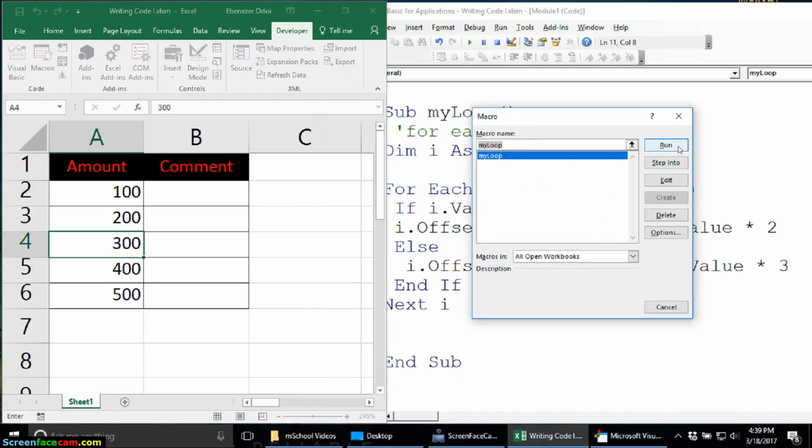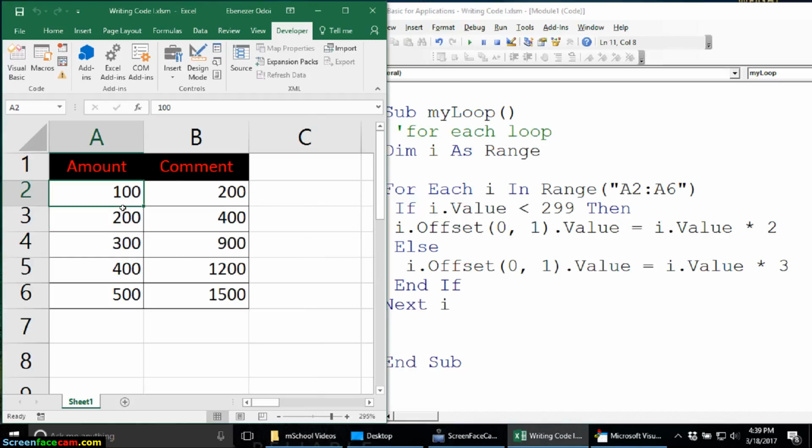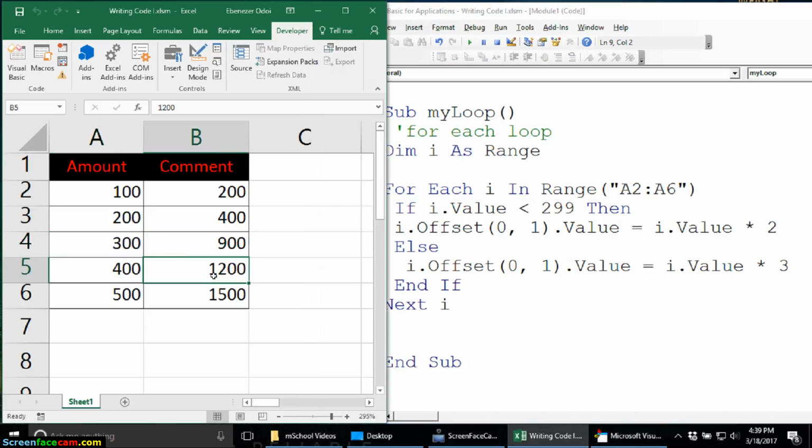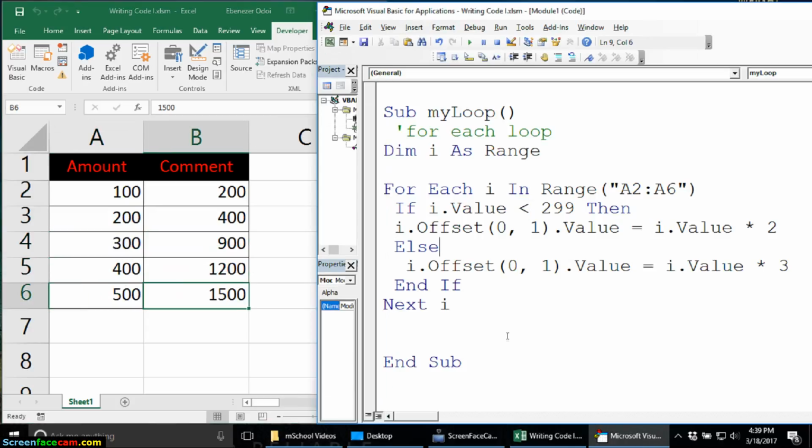So run. You see values which are below 299 were doubled, and values above 299, which is the Else. Else is the opposite of the if statement. Those values were tripled. So this is a fast way to create a space on the computer that will store multiple values as the program runs, and based on the value of that item, it makes a decision